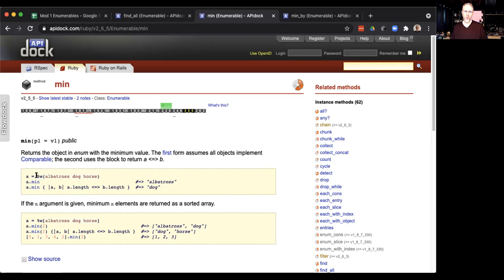smallest thing. Now, when we look at the smallest thing of a list of strings, it's actually comparing the values in here. And so it's returning albatross because that begins with the letter A, and A is less than D, and D is less than horse, or H from horse. And so when we look at the min value, it's actually comparing the values of what's in here, where the block of code is going to be an expression about the values